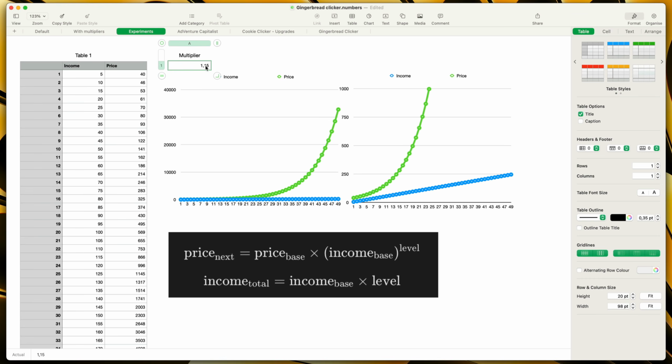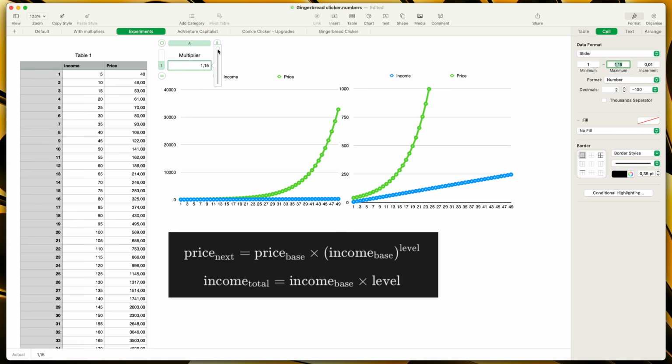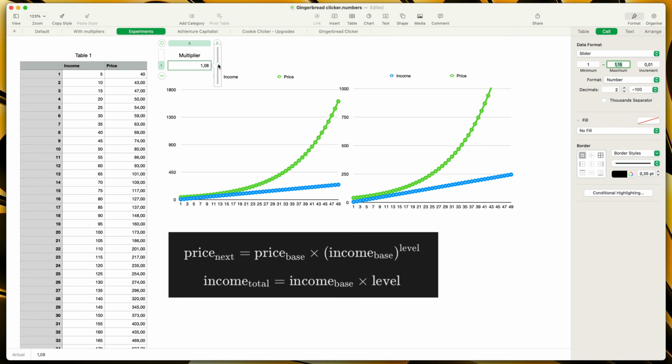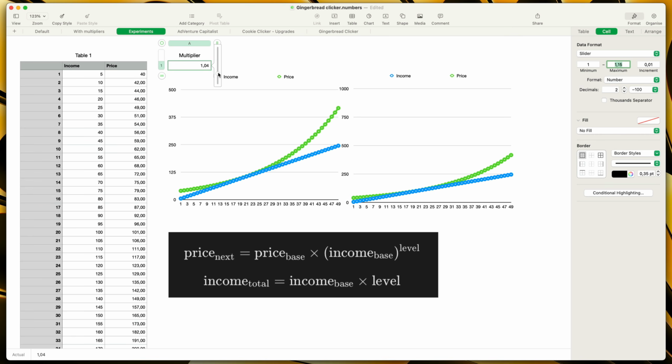So now let's check what will happen if I modify this multiplier. Let's say I will change it to 1.08 maybe. Now I've created a slider out of this value, so you can see how we can gradually change this price plot. And you can see that if this value is very low, we can even achieve the effect that the price at some point becomes lower than the income, so that you can immediately purchase the next upgrade after you get